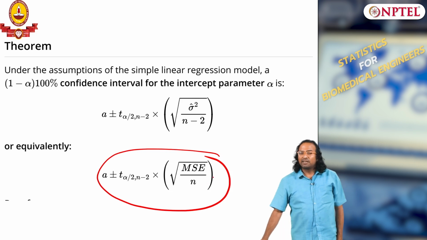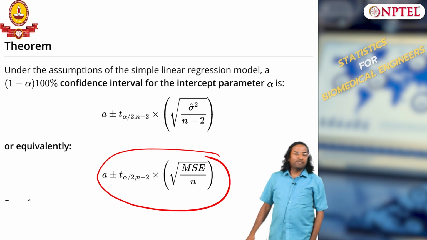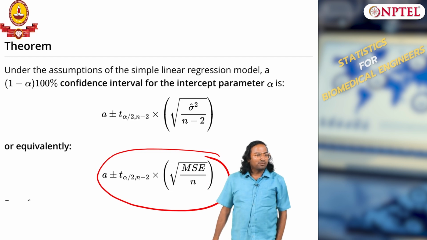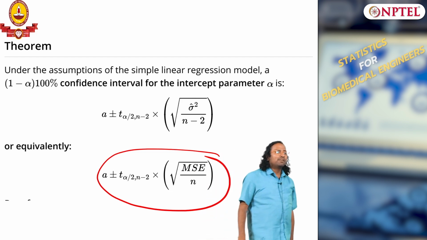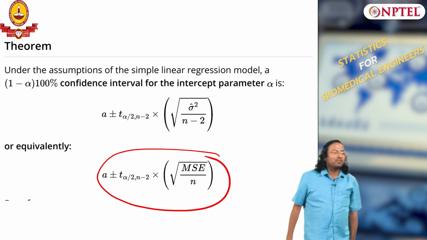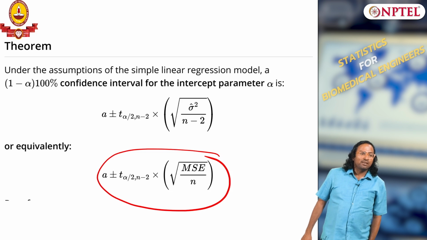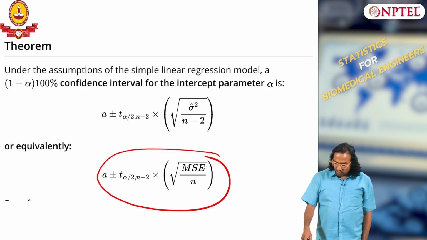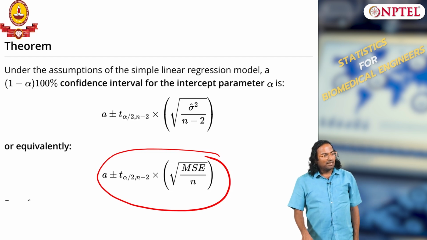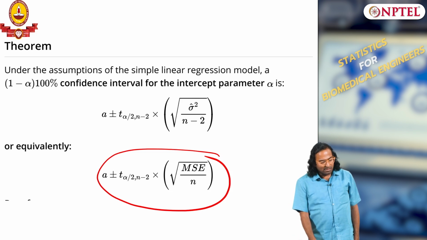Remember when we learned the t distribution, for paired t or single t, we were replacing sigma squared with the mean squared error. That is what we looked at in paired t distribution, the mean square error and so on. So that is what we replace instead of sigma squared over n. So we replace with this idea. So this is my boundary, the confidence interval for alpha.